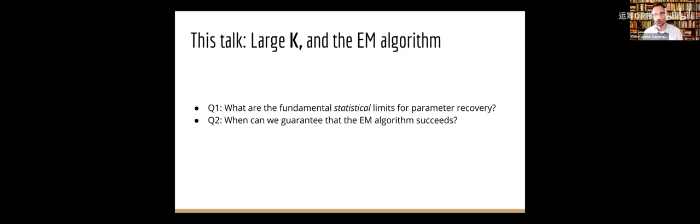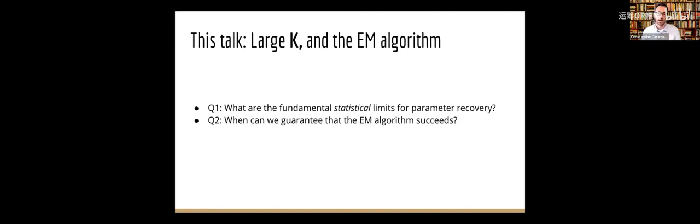For the problems that I've mentioned, when K is significantly less, typically some form of a spectral algorithm can allow us to do a dimensionality reduction. But I won't be really concerning myself with that or giving a particular number for what K is, but K is scaling. I'm interested in results that are parameterized by K, and generally thinking about the setting where K is large. The number of mixtures is very large.